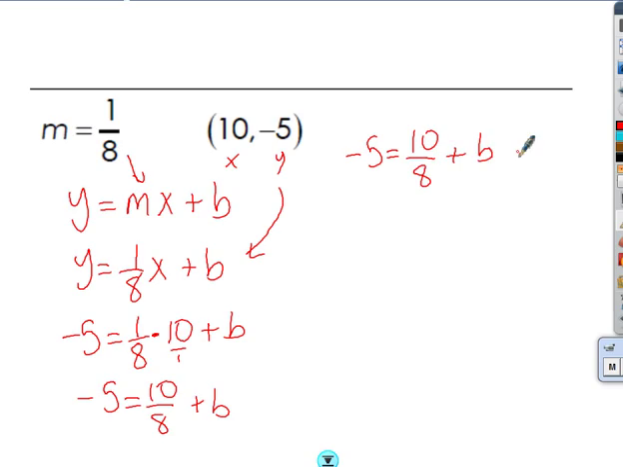We can also subtract 10 over 8 from each side even without simplifying, but if we simplify, we will end up with smaller values. 10 and 8, they can both simplify by 2. This will be 5 over 4. So our equation turns into negative 5 is equal to 5 over 4 plus b. Let's subtract 5 over 4 from each side. We have negative 5 minus 5 over 4